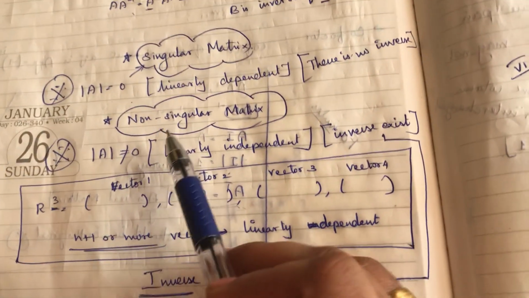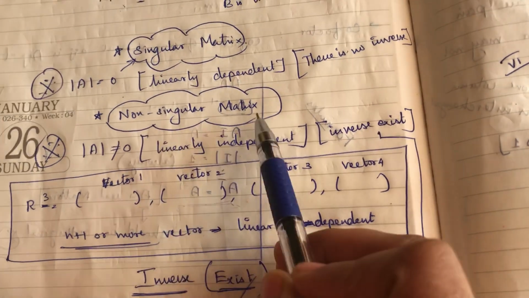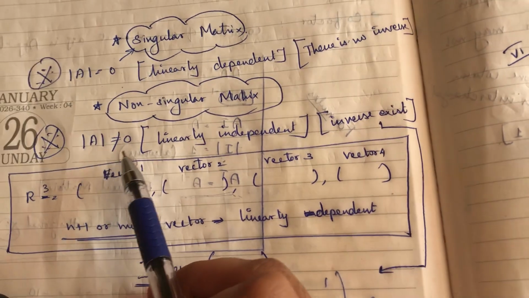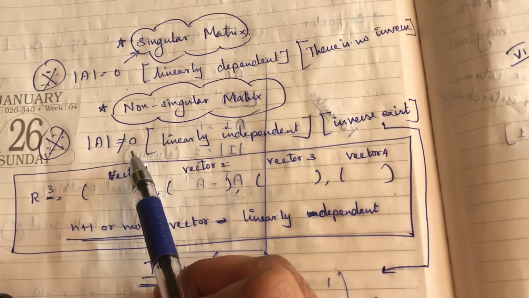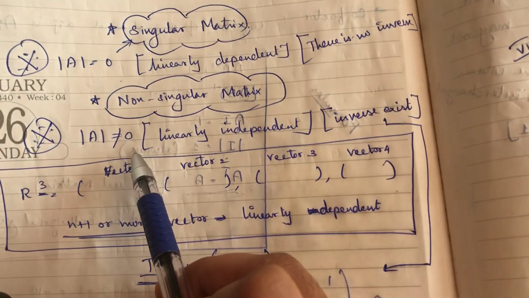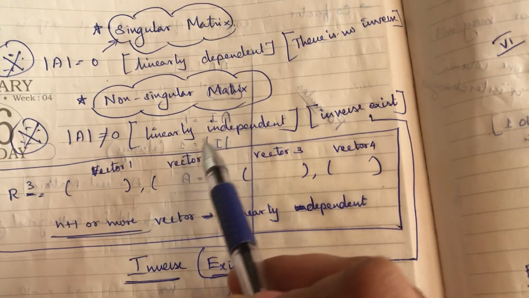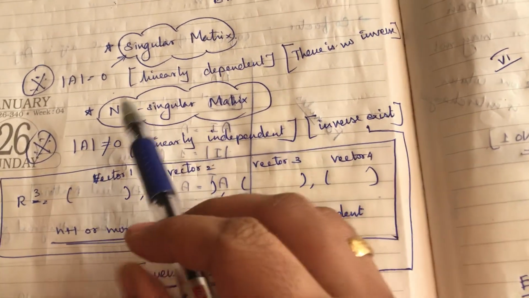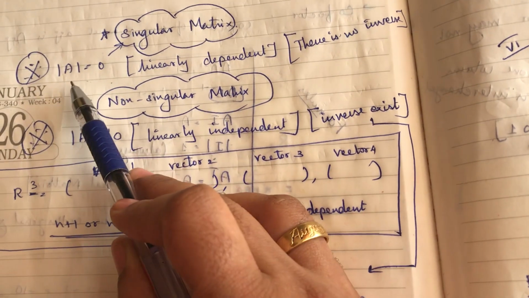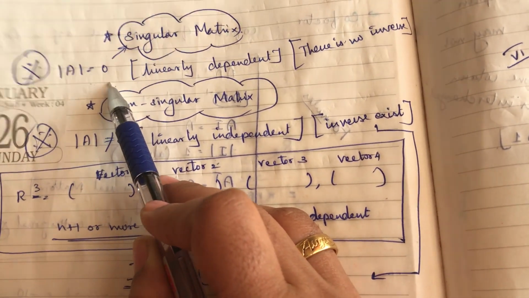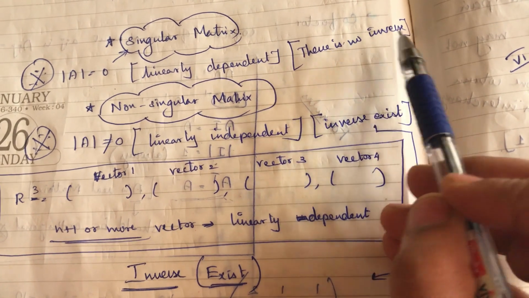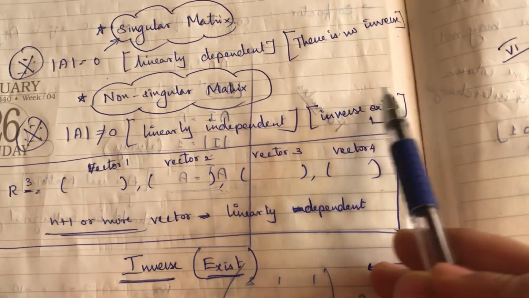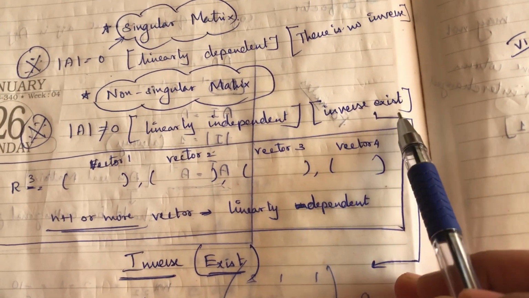Okay. Then we will see another thing. A non-singular matrix is the same opposite thing. It means the determinant value will not be equal to 0, and if it is not equal to 0, this matrix is a linearly independent matrix. Then the inverse will exist. So you can see this is a positive thing. Determinant of A equal to 0 gives a negative one, no inverse. If it is the negative thing, there exists a positive one, like inverse exists. Okay.